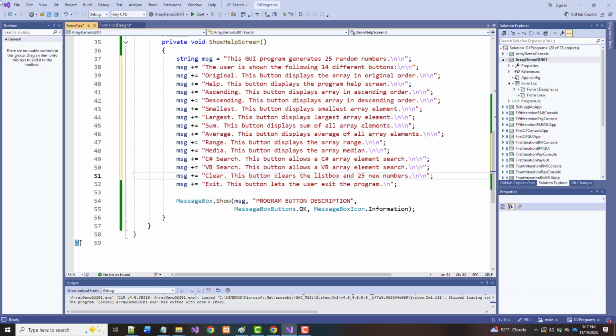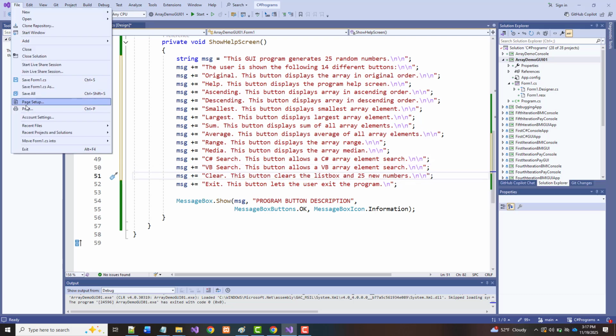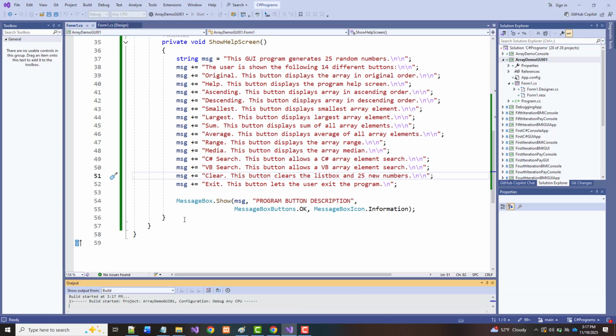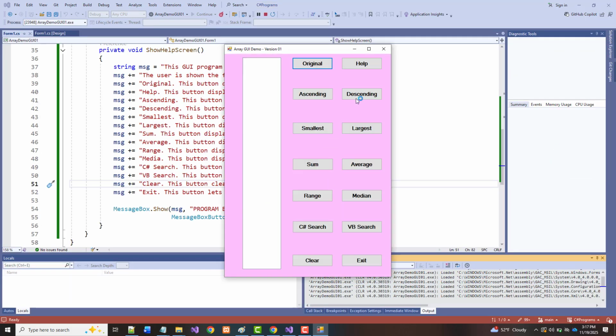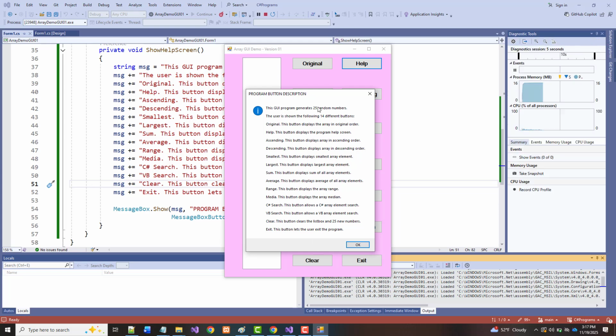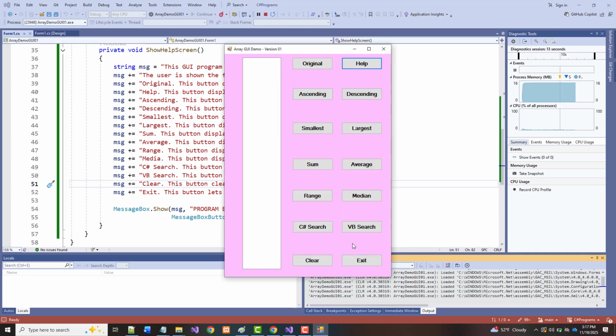I don't think I need one before the last one here. So right now, the only thing that works is help. Okay, so you can see that. 3, 4, 5, 6, 7, 8, 9, 10, 11, 12. All 14 are in there. All right. Okay, so when I come back,